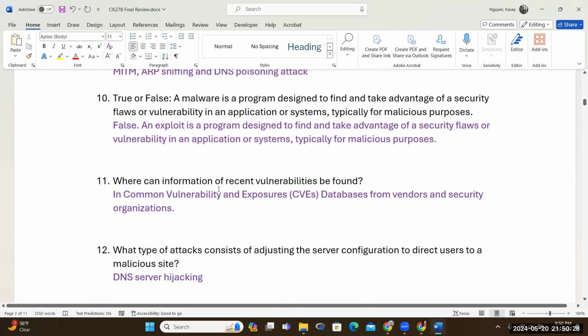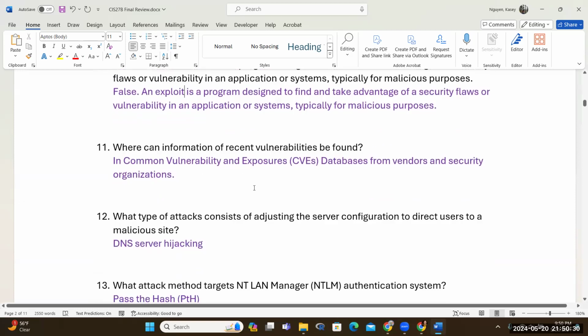Number 11, where can information of recent vulnerabilities be found? So once we go through reconnaissance, you would find different types of vulnerabilities. And if you're using certain tools to be able to identify that, it will give you the common vulnerabilities and exposures, which is known as CVEs. And these CVEs would have identifiers or numbers that identify individual vulnerabilities associated with software and systems